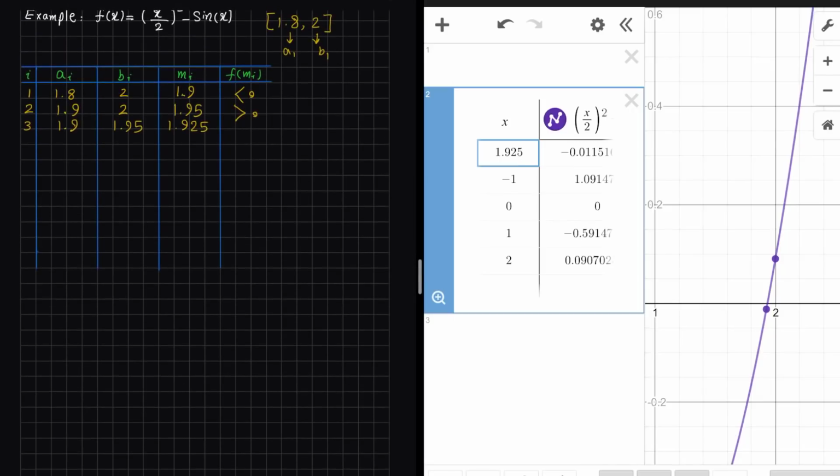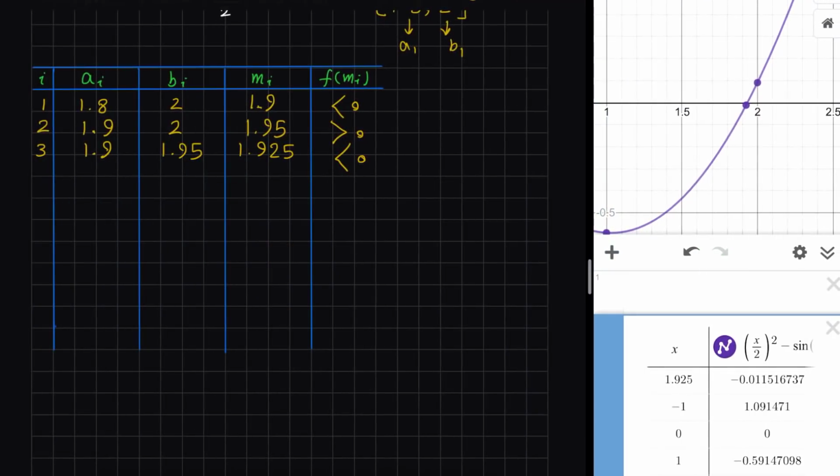So the sign here is negative. So for the next iteration,